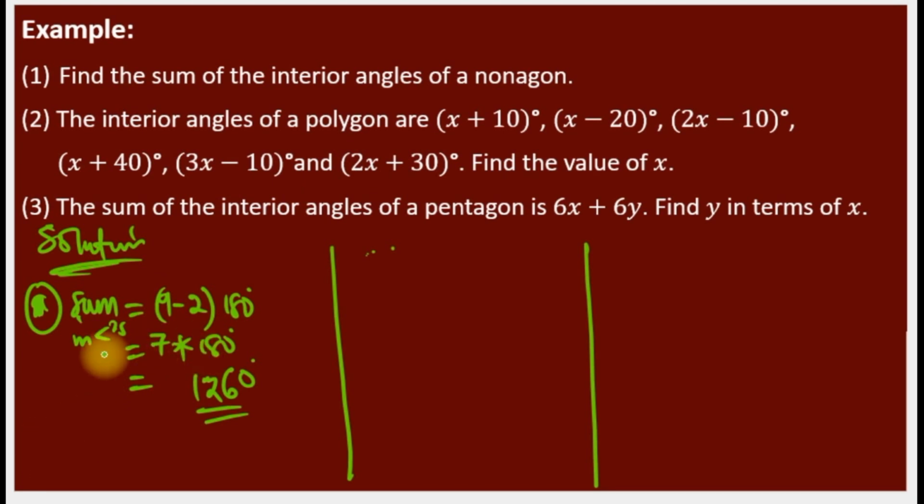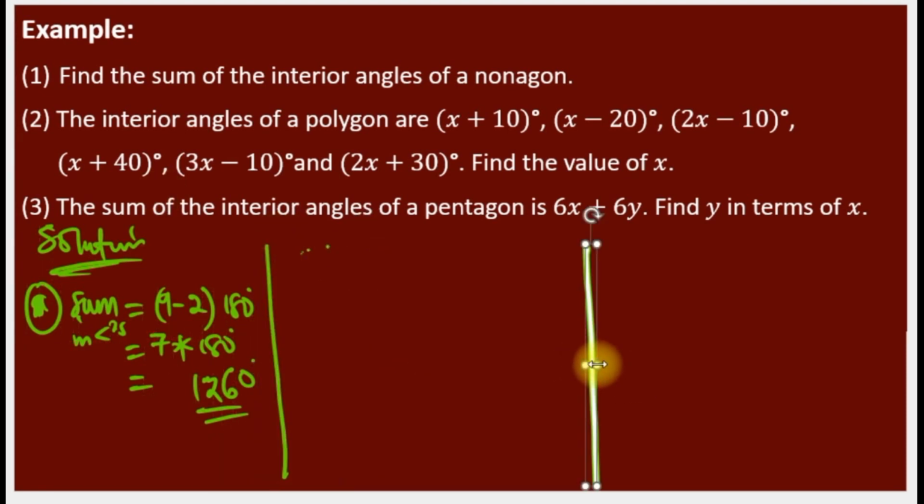While the second one, they say the interior angles of a polygon are 1, 2, 3, 4, 5, 6. Find the value of x. So this is a technical question. So let me move this so that we'll have more space. So for the second one,